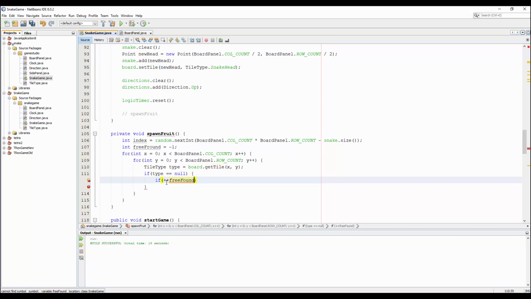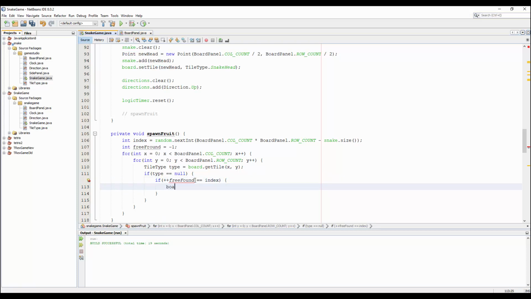So we need to increase before we compare with the index. If it equals the index,